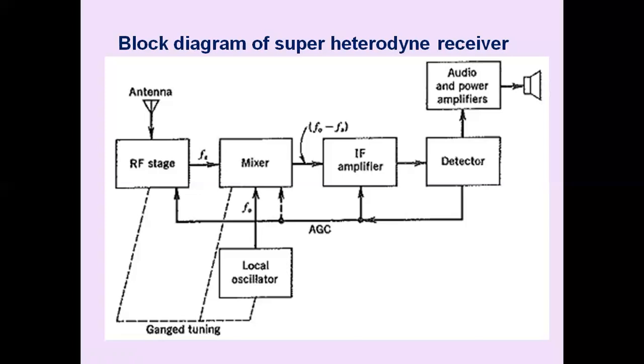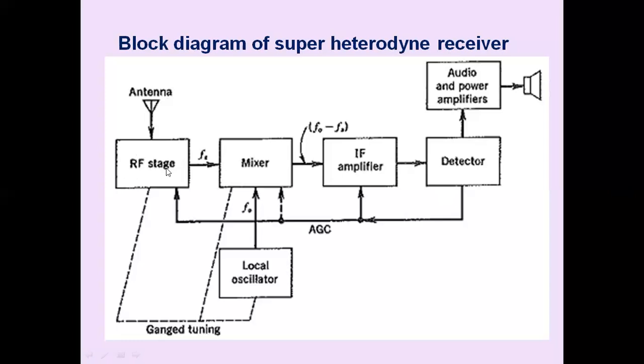The RF circuits are used mainly to select the wanted frequency and to reject any interference. This is used to select the wanted signal and to reject the interference. Now we'll discuss in detail each and every block in this super heterodyne receiver. We have a receiving antenna. The receiving antenna is used to receive the electromagnetic waves and convert them into an RF signal. This signal voltage is amplified by using the RF stage or an RF amplifier.